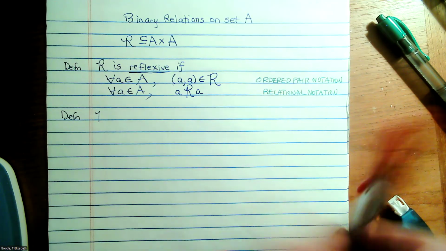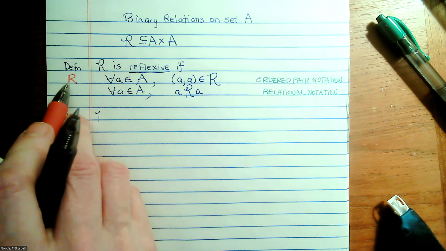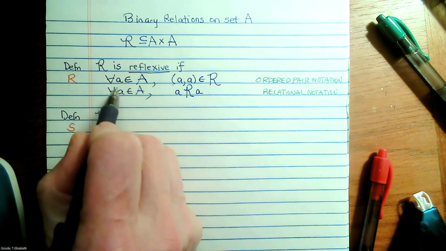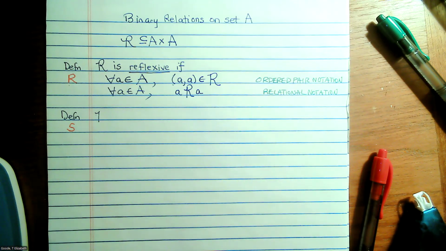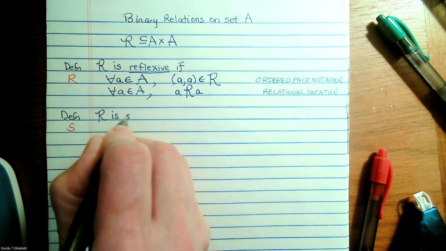So that's reflexivity. R, straight R. RST, 1, 2, 3. So we needed one element to play reflexivity games. We need two elements to play symmetry games. So curly R is symmetric